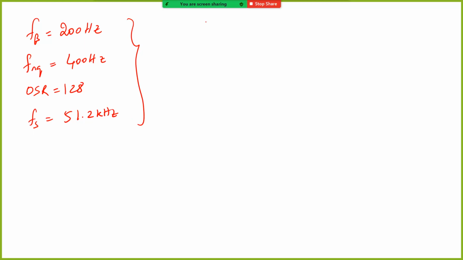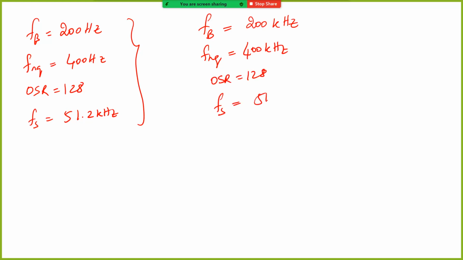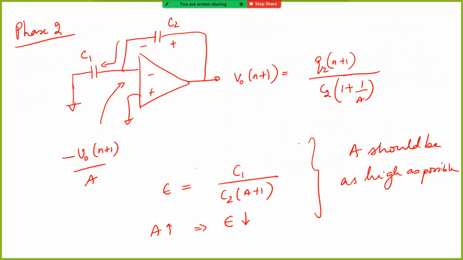Now take another case where your bandwidth is let's say 200 kilohertz. Okay, your Nyquist rate is going to become 400 kilohertz, right? If you use the same OSR, now your sample rate becomes 51.2 megahertz. Now as you keep increasing this bandwidth even further, or if you keep increasing the OSR further, what happens is you start reaching the limits of how fast your circuit, your loop can work, right? Now higher the frequency, what should happen? Your op amp should settle very fast, and so you need to pump up a lot of current, right? Your slew rate has to be very good.